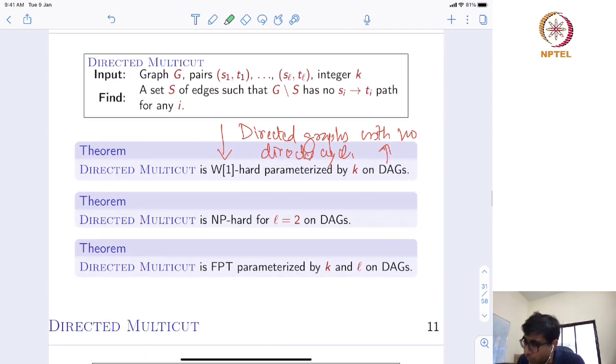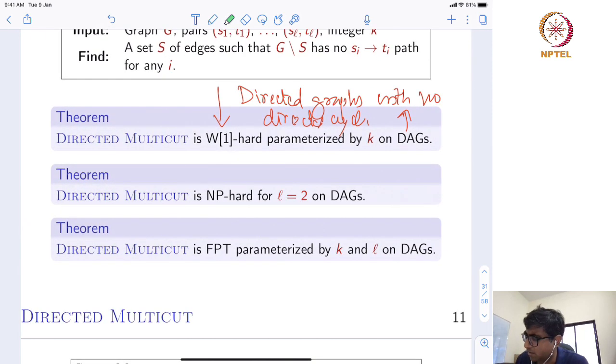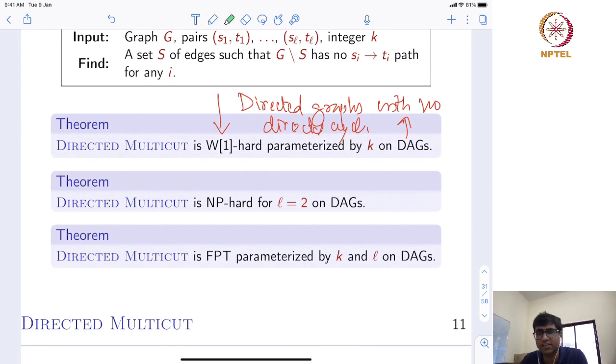So that led to the study of directed multicut on DAGs. What are DAGs? DAGs are basically directed graphs with no directed cycle. So for example, this is not a DAG. This is a DAG. Although in an undirected sense there is a cycle, there is no directed cycle